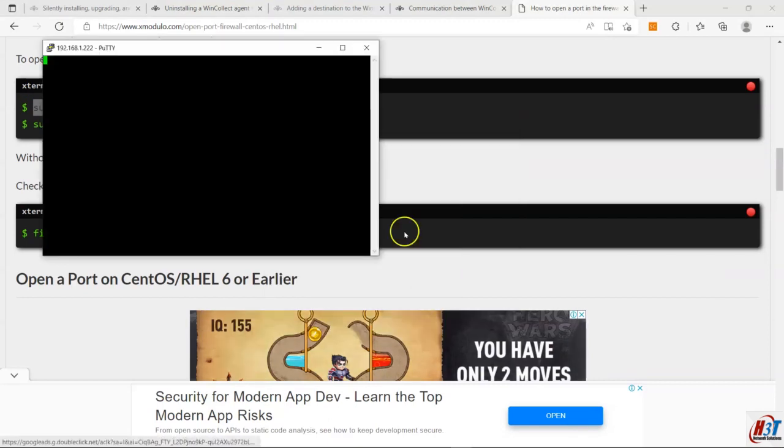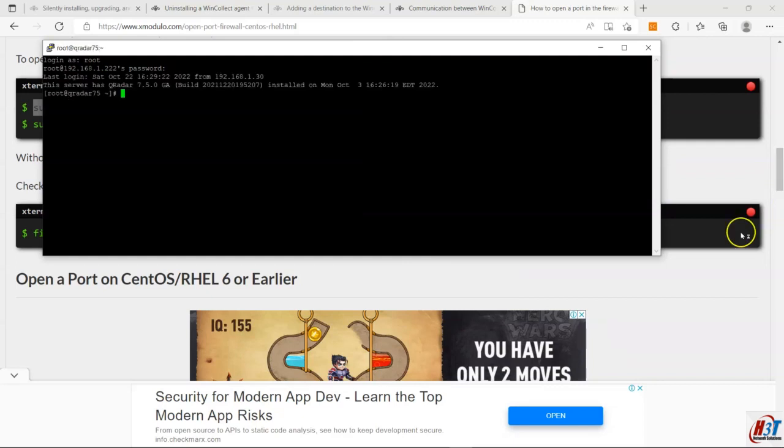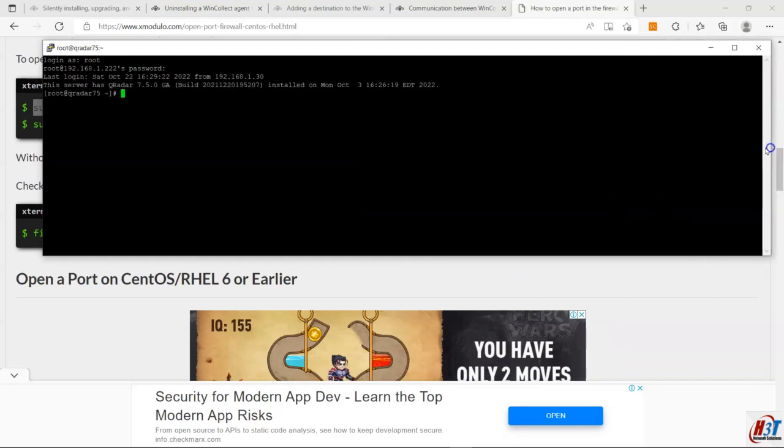So if we connect and issue tcpdump, tcpdump is the best tool to tell us if we have some connectivity or some firewall problem. So if we issue tcpdump on any interface and port